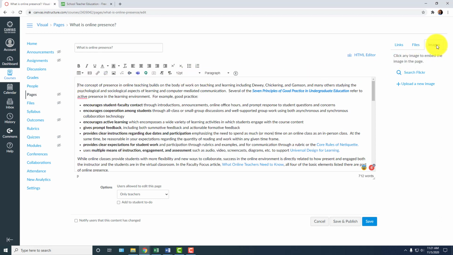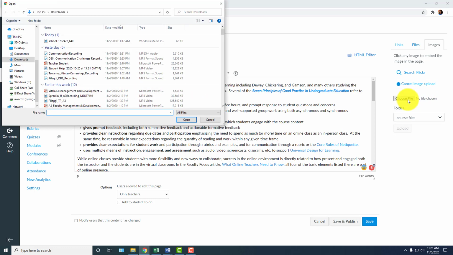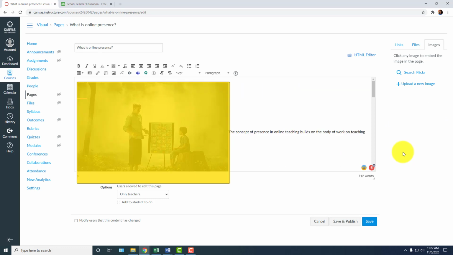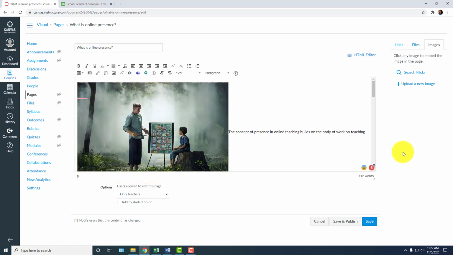I'm going to come over here to Images, and I'm going to click on plus Upload a new image. And then I'm going to choose a file, hit Open. Here's where the alternative text comes in. You do need to describe your picture for people using screen readers, and so this one is a teacher teaching a child in the woods. We could also click decorative image and that would tell the screen reader to ignore this image, that it's not important. I'm going to hit upload